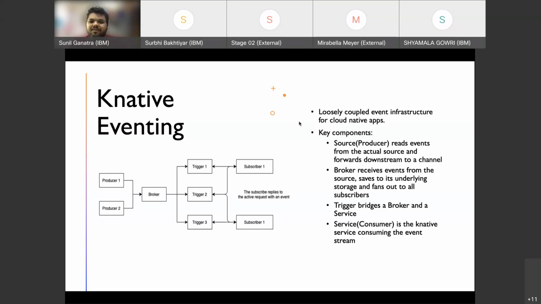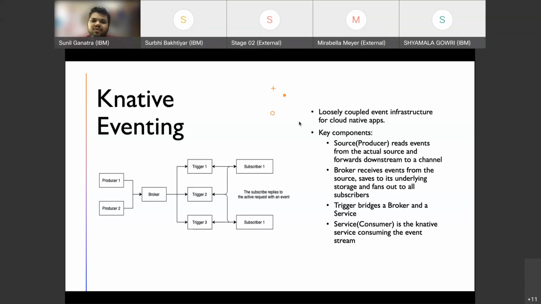Let's say you have multiple sources, basically producers of your events, and there is a broker which sits in between and fans out all the requests based on the trigger to which your subscriber has subscribed.